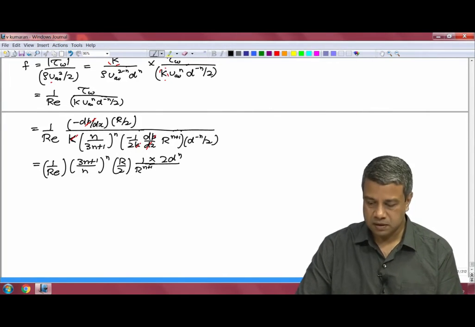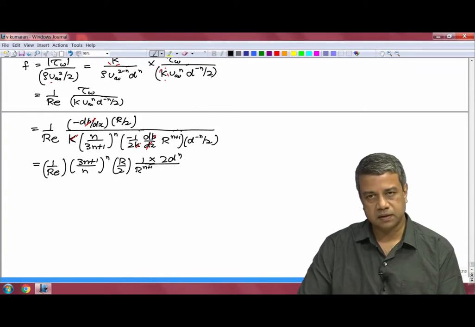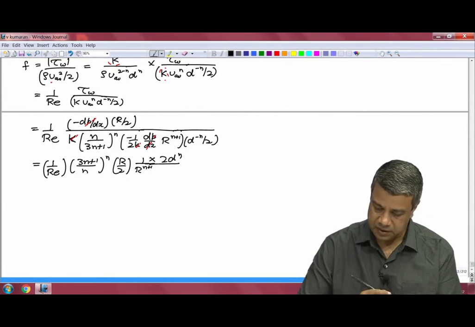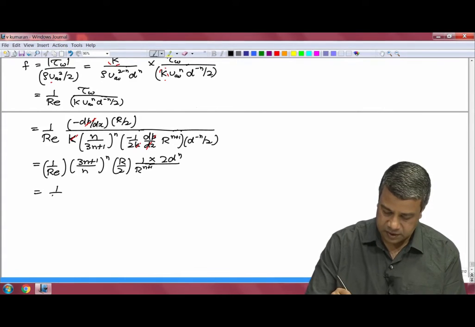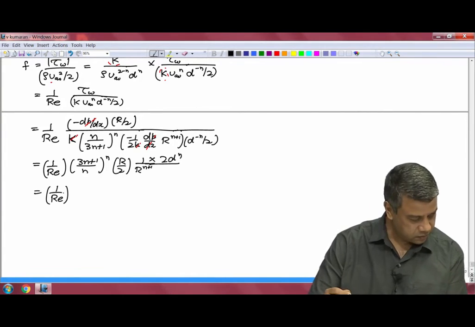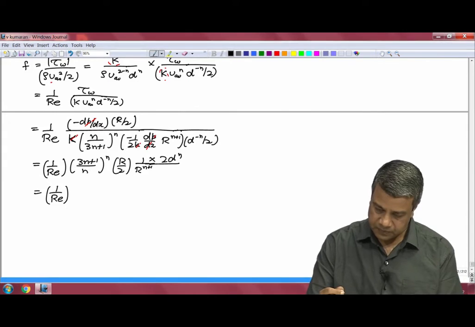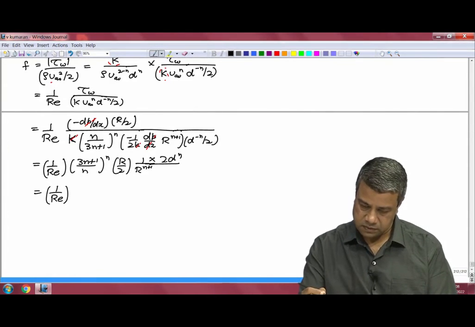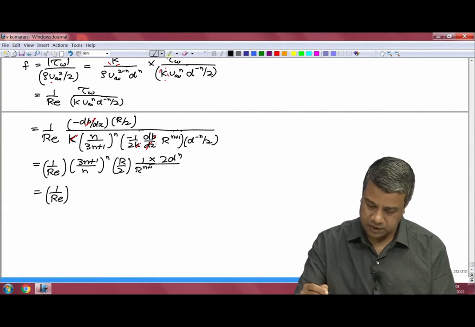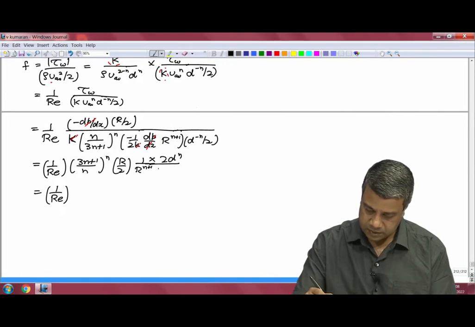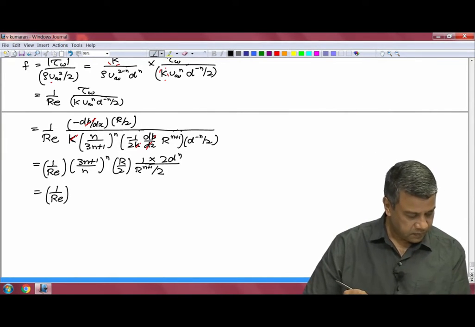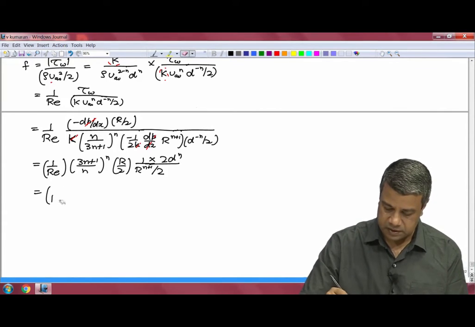And I substitute the diameter is equal to 2 times the radius. And you can easily verify that this will be 1 over Re into, there is a factor of 2 here. There is a 1 over 2 k. So, I have to keep this factor of 2. And if you work out the algebra, the final result is going to be equal to